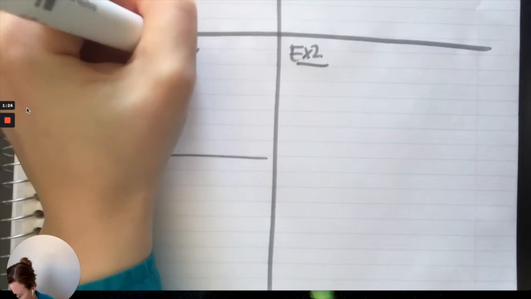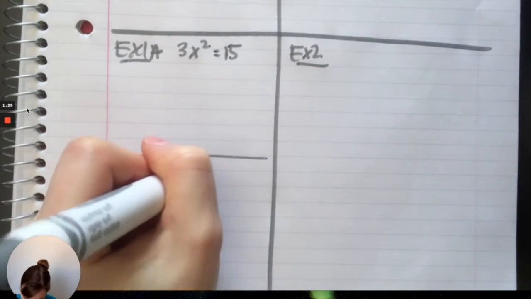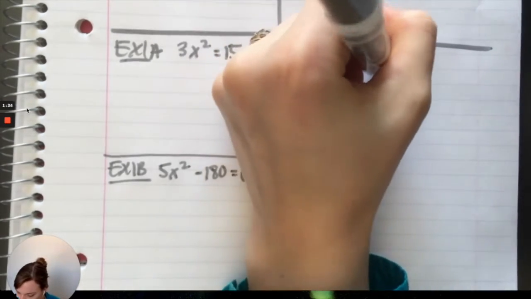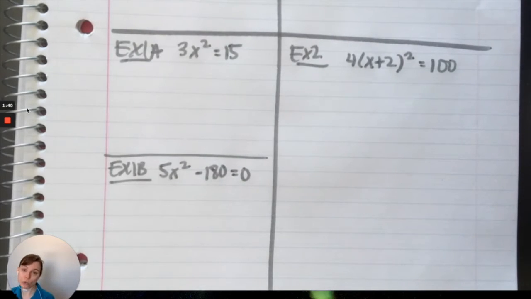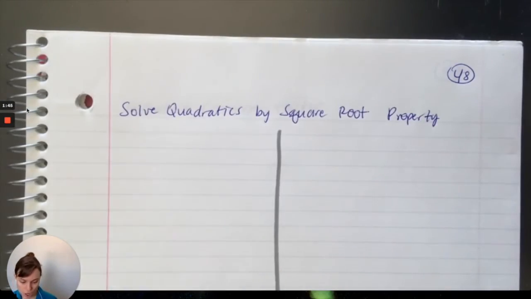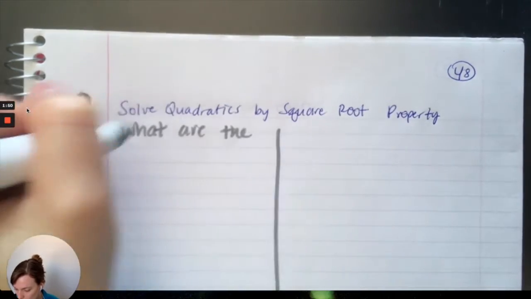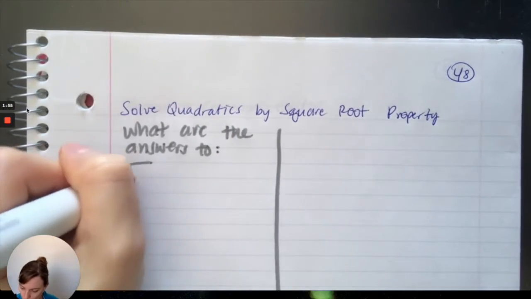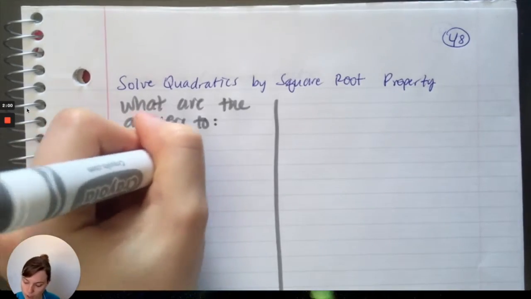So we are going to be solving equations like this, like this, and like this. We're also going to learn more methods to solve things like this, but the square root property is one tool that we can use for these patterns. So, what are the answers to these? Okay, so if I asked for the square root of 4, you can give me a positive 2,